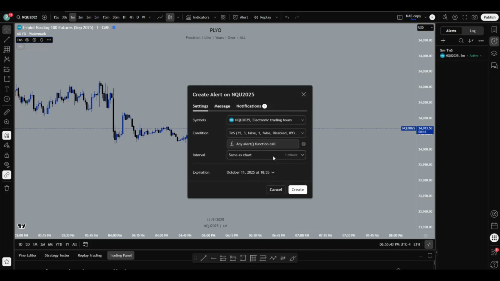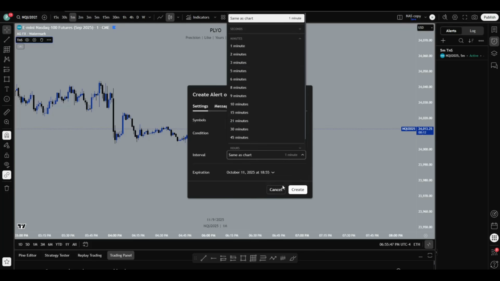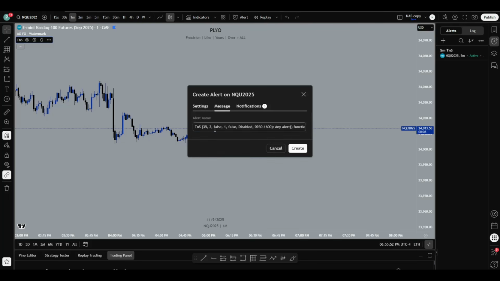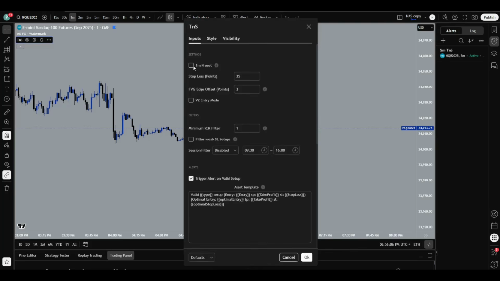Once again, say last second, maybe I wanted it on 3-minute instead. I can change this to 3-minute, but I'm not going to do that. I'm going to keep it as same as chart. Go over here to messages. Instead of this random string of code, I'm going to type in 1-minute TnS. Now, before I do that, I do want to highlight, it does say 35 here. That's because I'm not on the 1-minute TnS preset. You want to make sure that you're on the 1-minute preset,